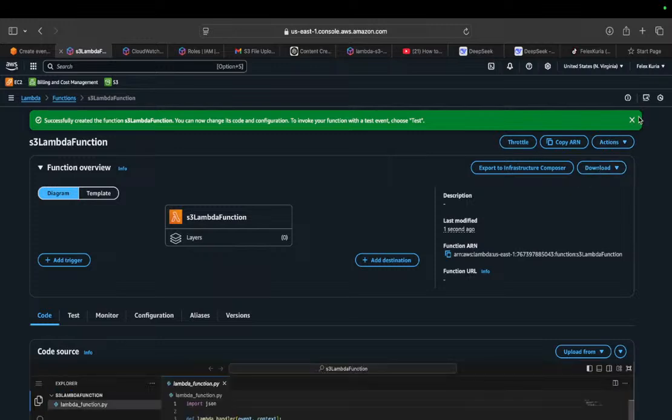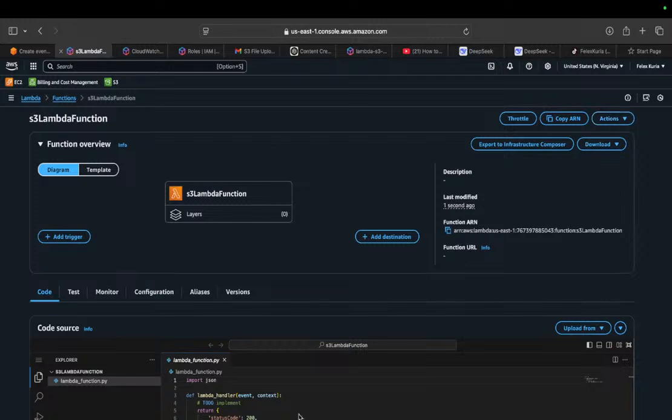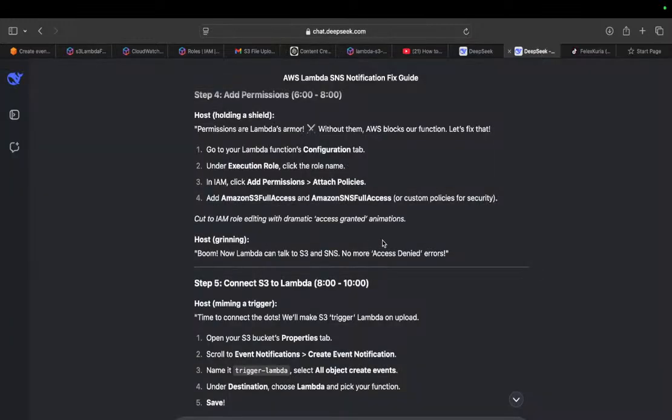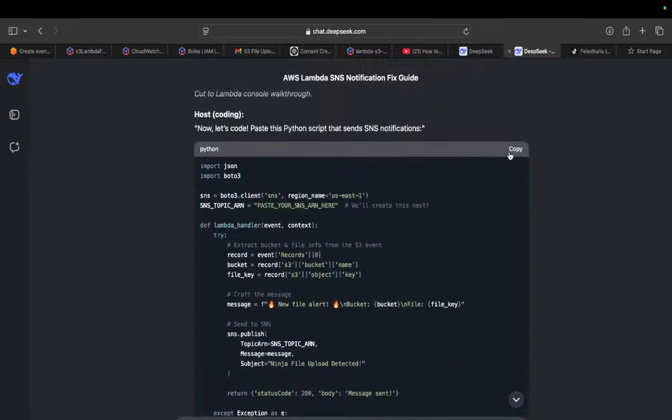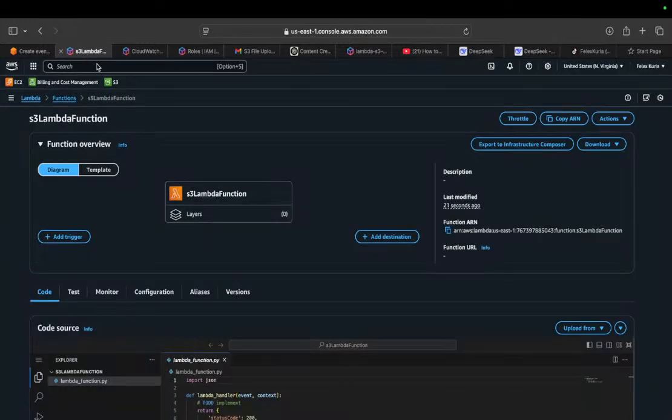Now we need to create the code for doing the triggers. I have the code written here by DeepSeek. I just copy it. I will also place it in the description. You can just copy it